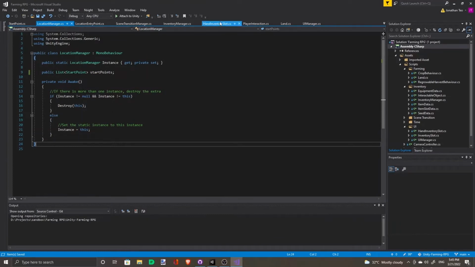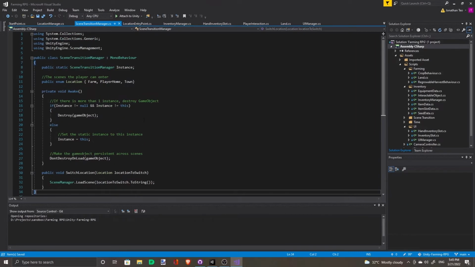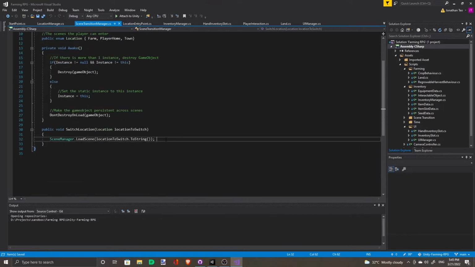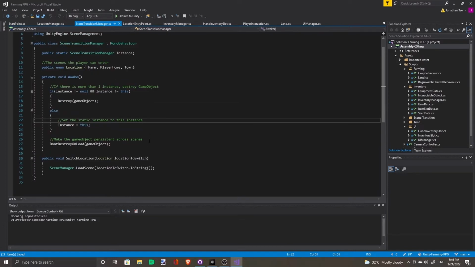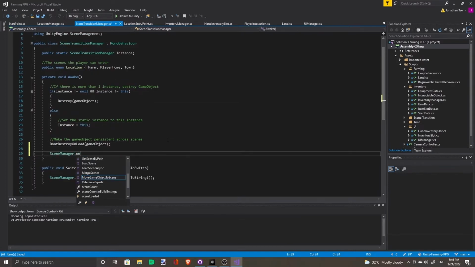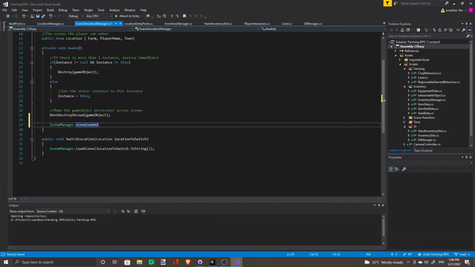Now for location manager, we need location manager to communicate with scene transition manager. So when the player switches location, we want him to also switch his starting point. We want to move the player to his position. With that, we will make use of a callback, SceneManager.sceneLoaded. We need a function for this.